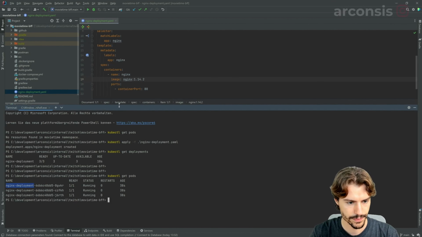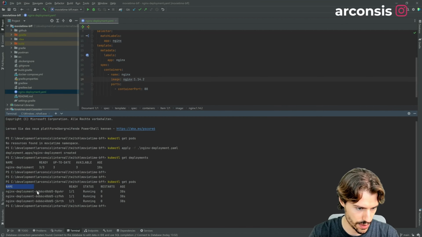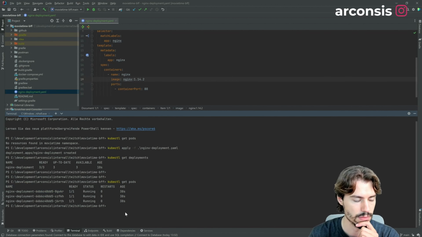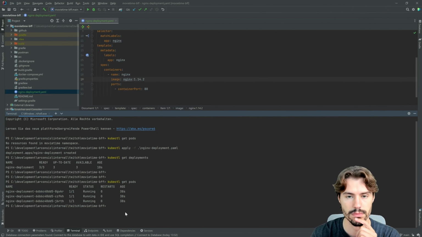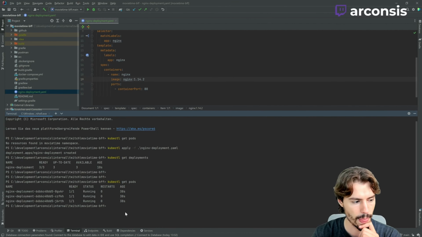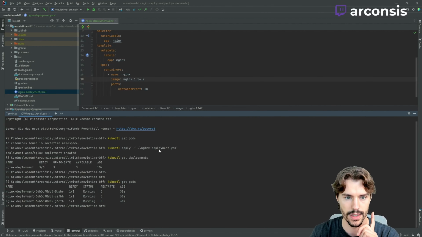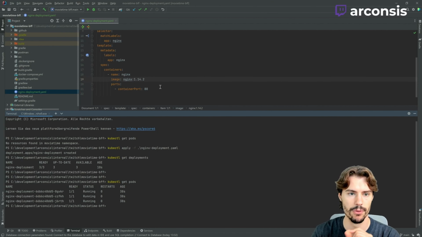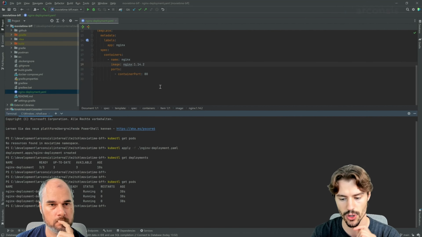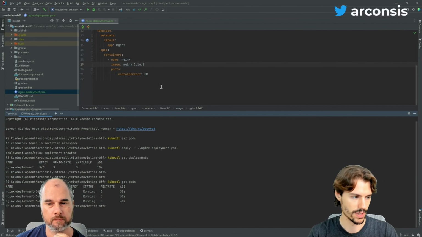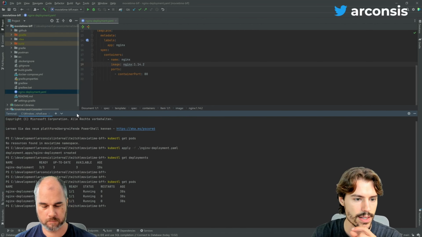And they have different IDs here. So now we have 3 instances? Yes. And what about the load balancing stuff? Is that automatically done by Kubernetes? Not yet. For that, you need to define a service. Okay. So a service is basically,